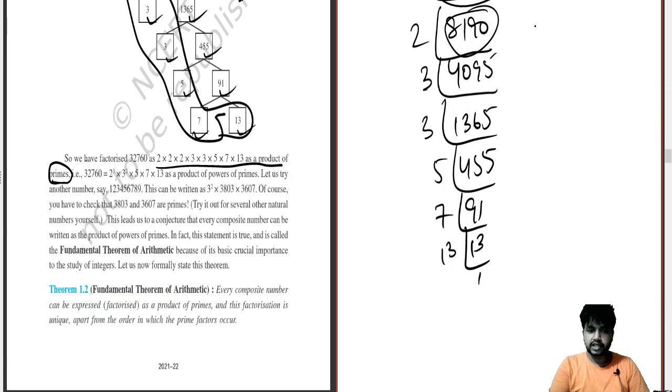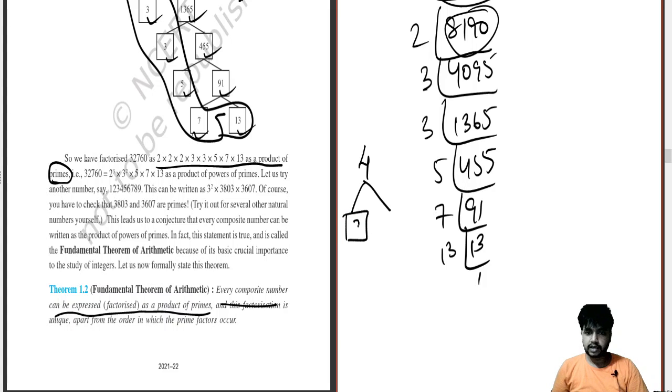Okay. So there is a theorem given over here. The same: every composite number can be expressed, factorized, as a product of primes. That means if there is a 4 in the concept, we can factorize it as two prime numbers. So you can break the composite number into prime numbers. If they don't break it at the first instant, they will break it at the last instant, but they will break definitely. Okay, this is the concept of the fundamental theorem of arithmetic.